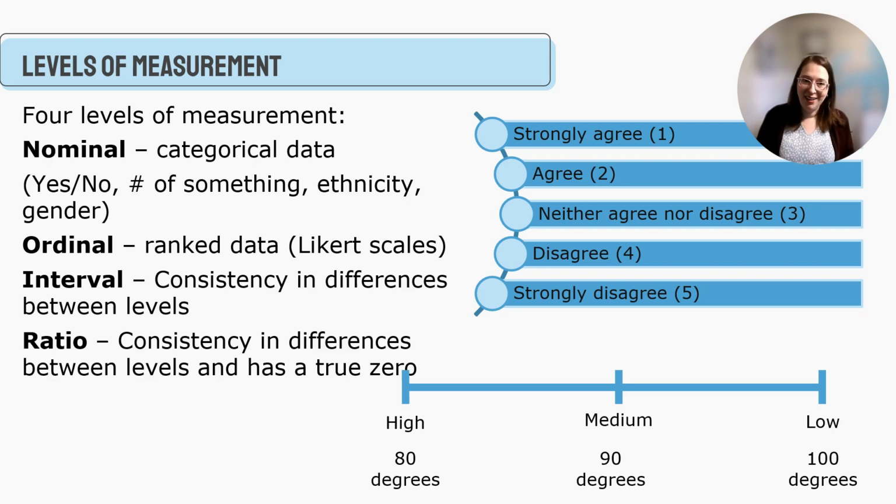Now, one of the challenges is, can you have 0 degrees? Yes. Can you have negative 15 degrees? Yes. Negative 20. And so with interval data, there's no true 0 because it could fall below. You could say 80, 70, go all the way down, 10, 0, then negative 10, negative 20 in temperature. And so because there isn't a true 0, you can add and subtract, but you can't easily create ratios. So that's where we come in with a ratio level of measurement.